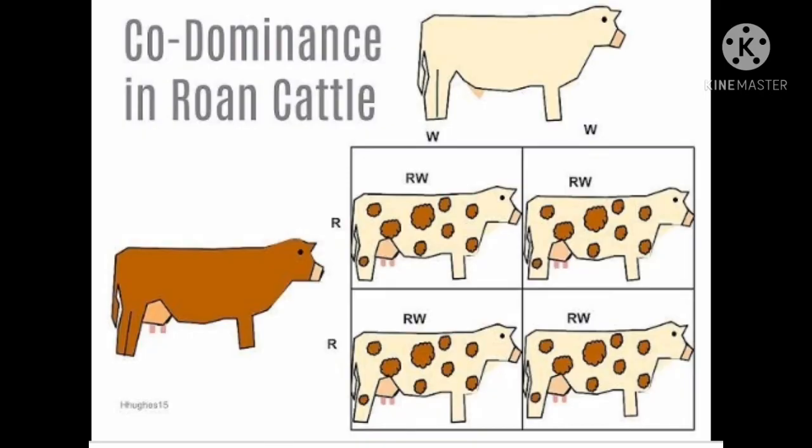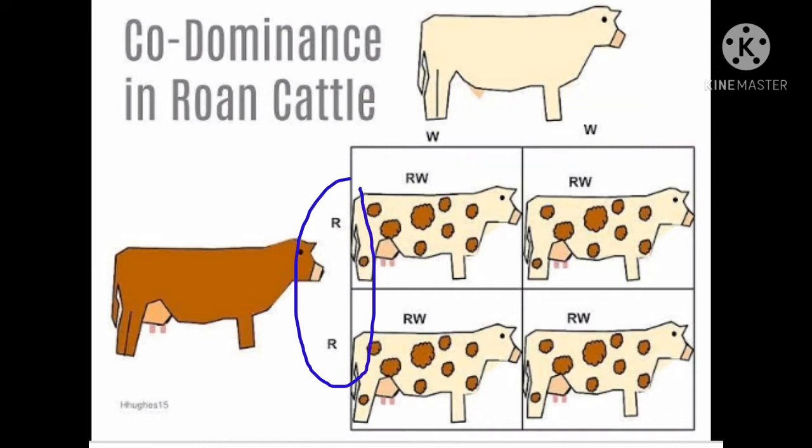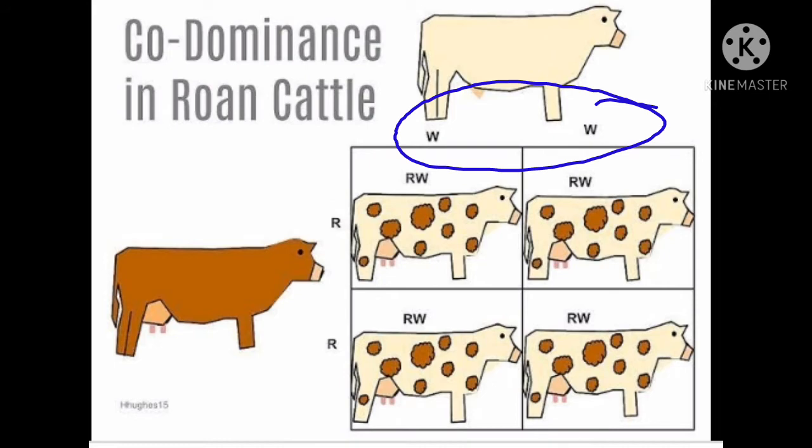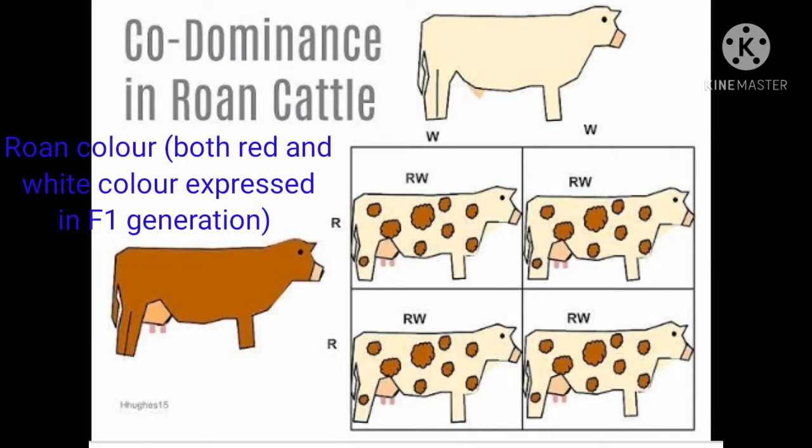So see in this chart, this is the example of coat color in cattle. There are two types, one with a red coat, that is skin with red hairs, and the other with a white coat, that is with white hair. When red cattle, that is capital RR, are crossed with white cattle, that is capital WW, the F1 hybrids will be capital R capital W, but here we have a roan color, that is roans have a mixture of both red as well as white hairs.